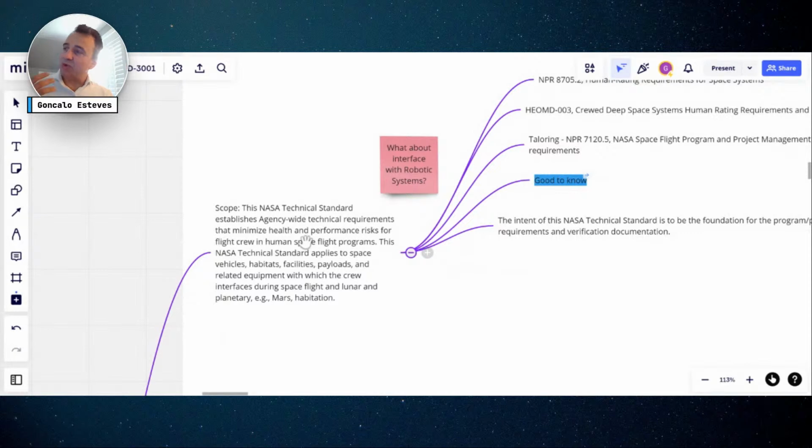And in here is where you can see a bit of contradiction, because the scope of the standard focuses a lot, and it's really important to think about this. NASA's technical standard applies to space vehicles, habitats, facilities, payloads, and related equipment in which the crew interfaces during spaceflight and lunar and planetary, for example, Mars habitation.